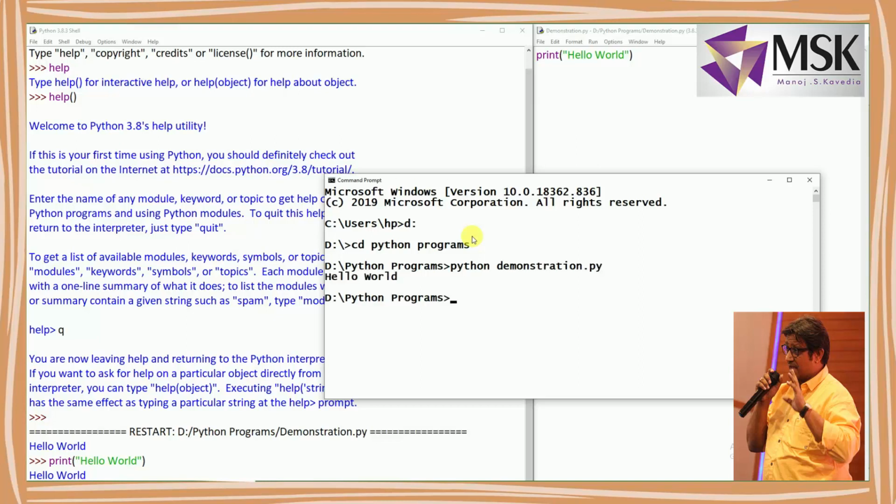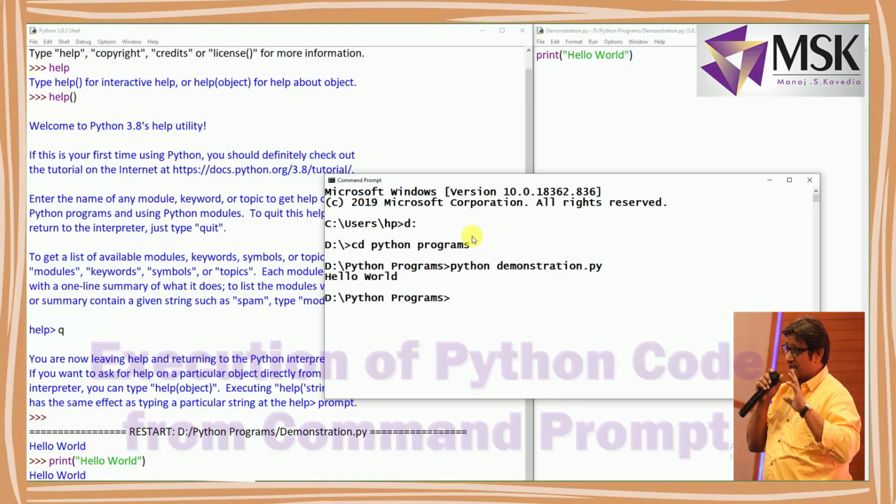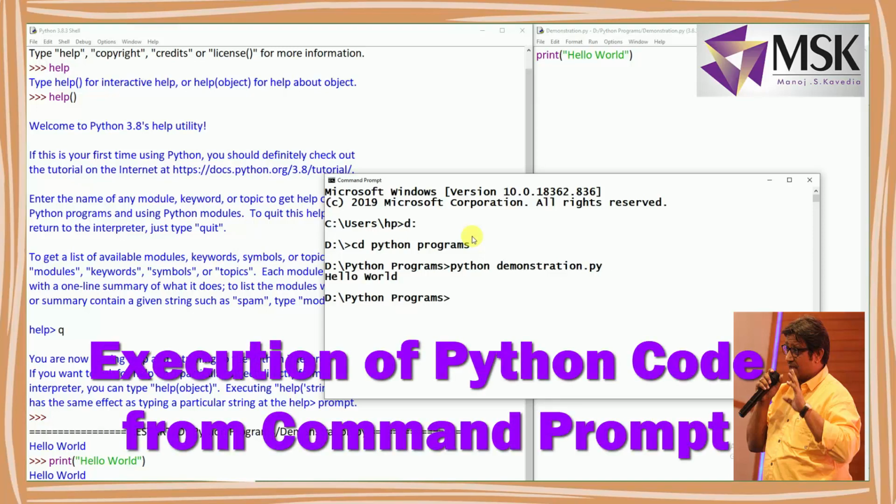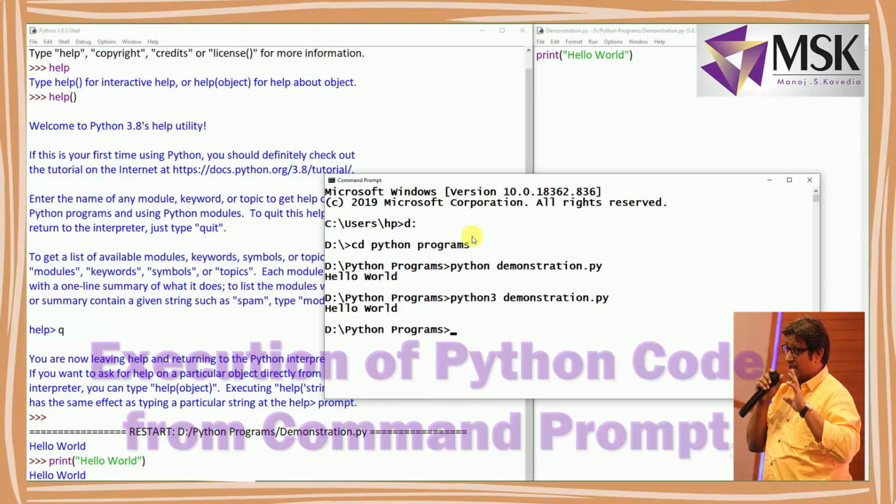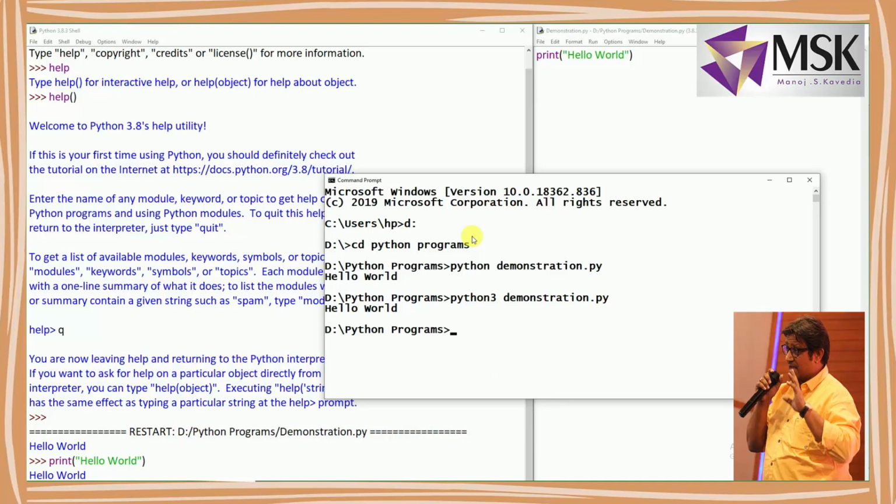So it gives me hello world. Even I can write python3 demonstration and it is giving me hello world. So in all three ways my program is working.